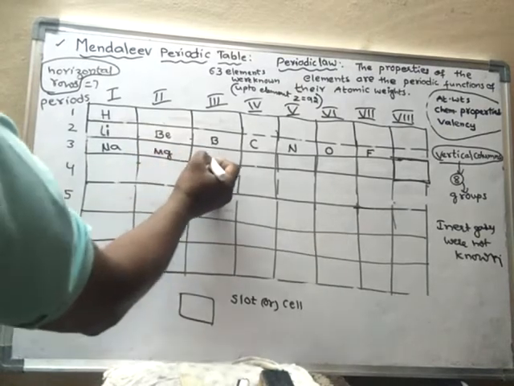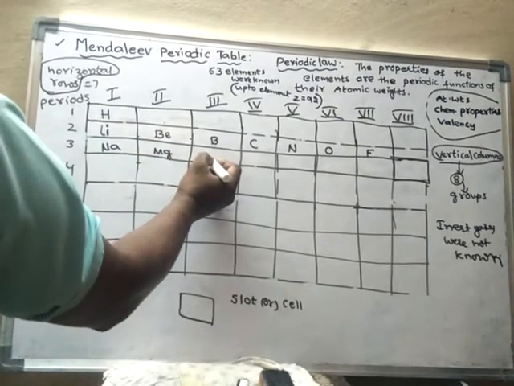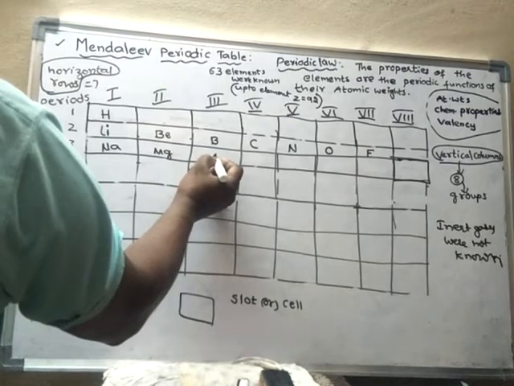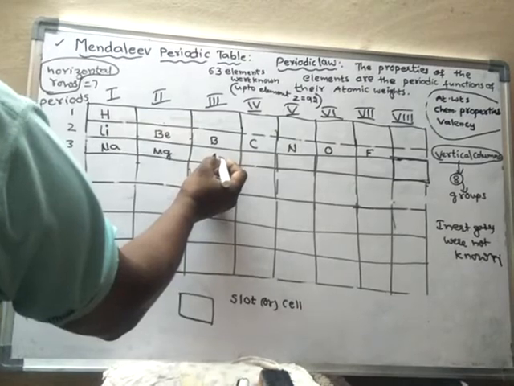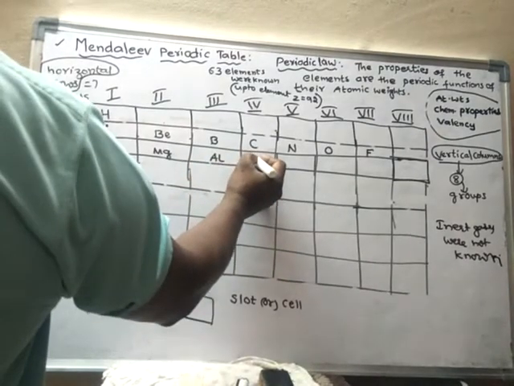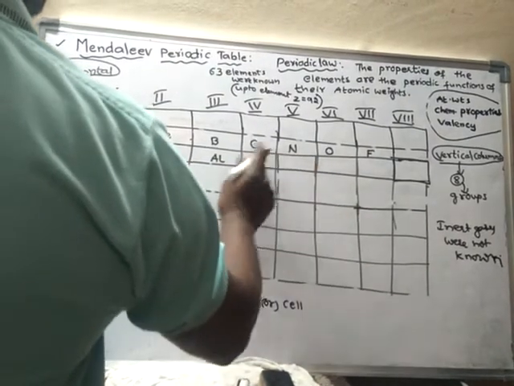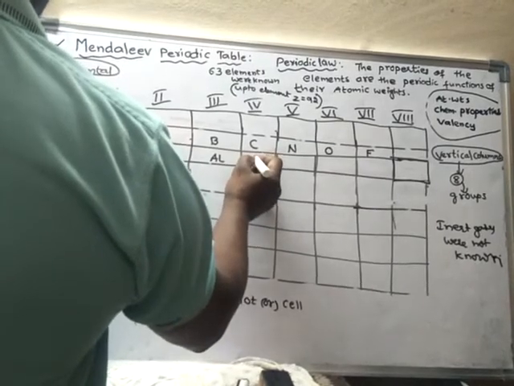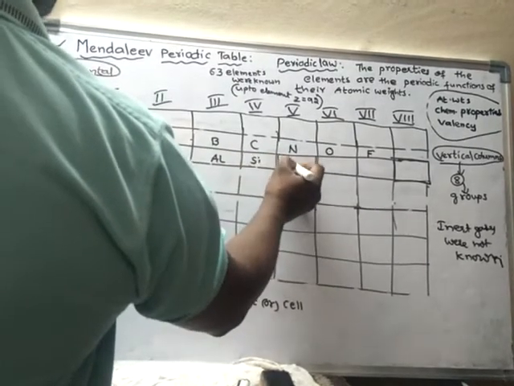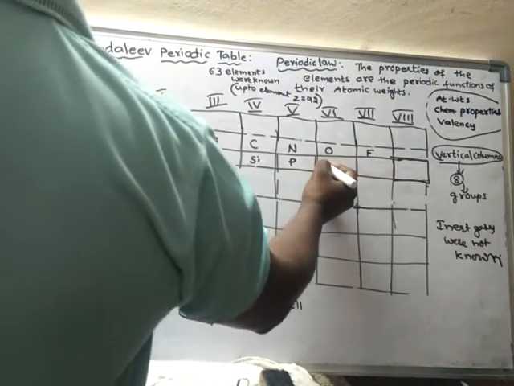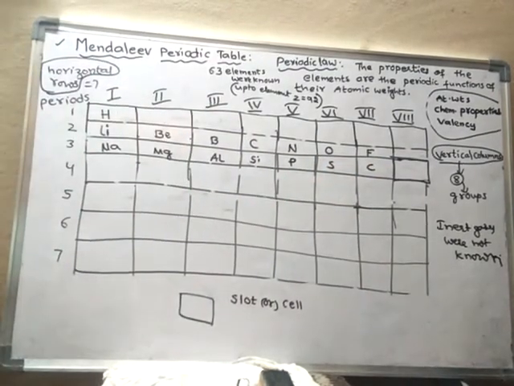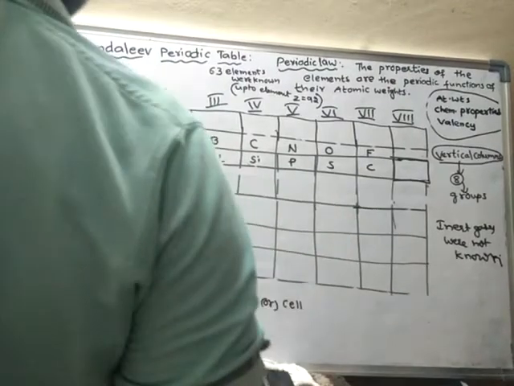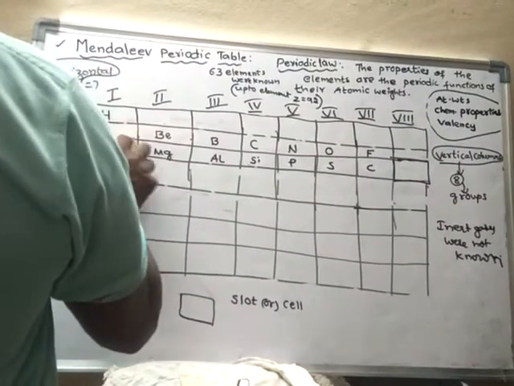Sodium, magnesium, aluminum, silicon, phosphorus, sulfur, chlorine. So again, let it be. So no need of filling all these things. Simply